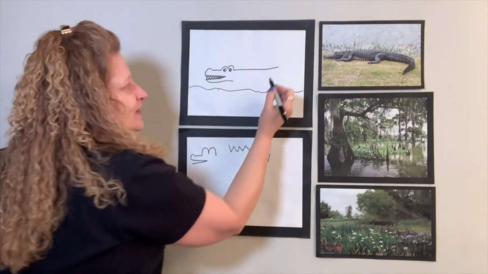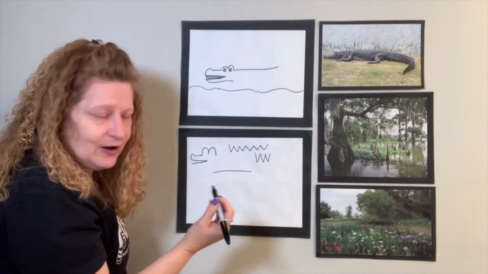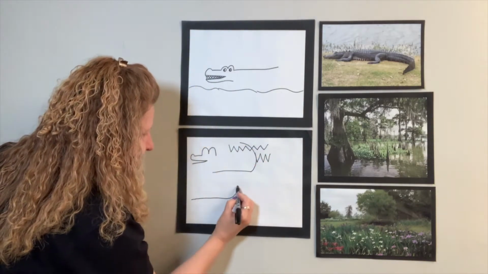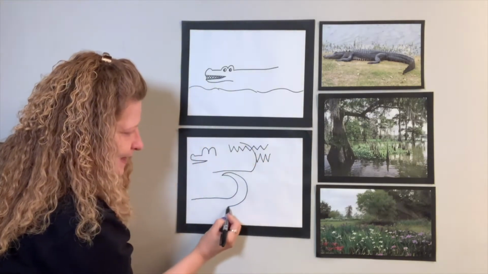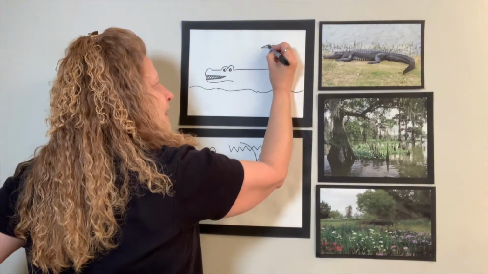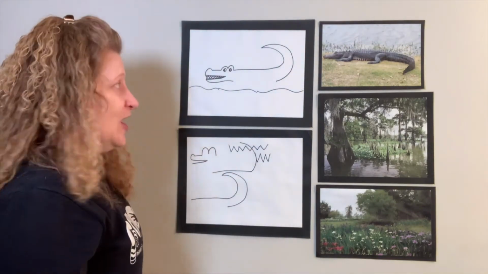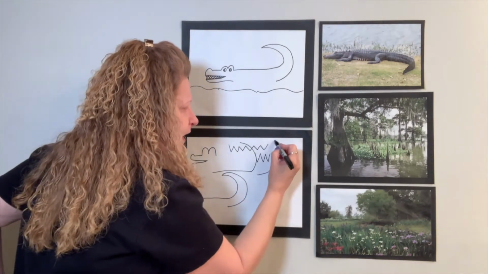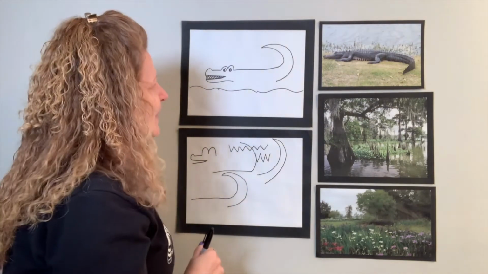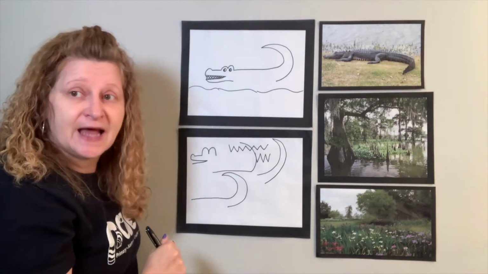Good job. All right, now here we go. So for his tail, we have the straight part, and for his tail, we're going to be going up. So let me draw it right here. Here we go. We're going to be going up and then down. All right, so here we go. So we're going to go up and then back down. Good job. Now if you want a super long tail, you can make a super long tail for him. That is fine. And then you're going to stop about right here,